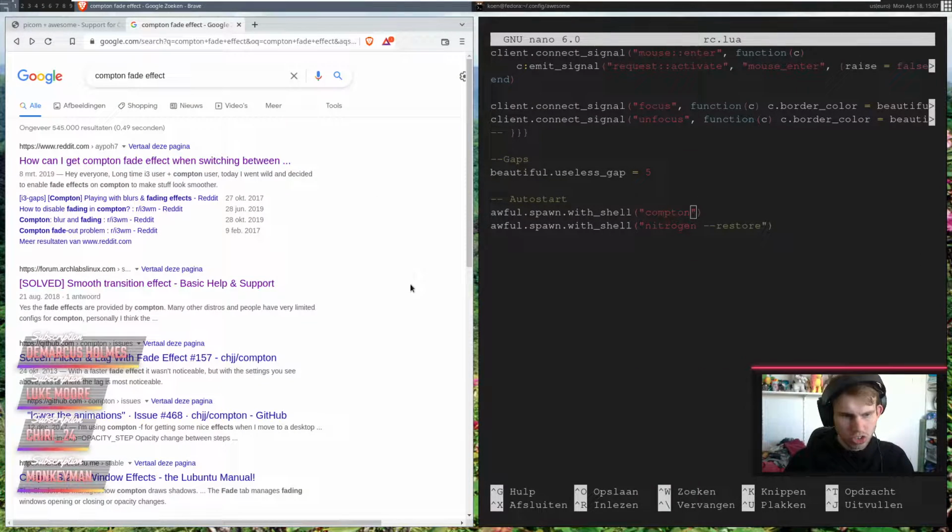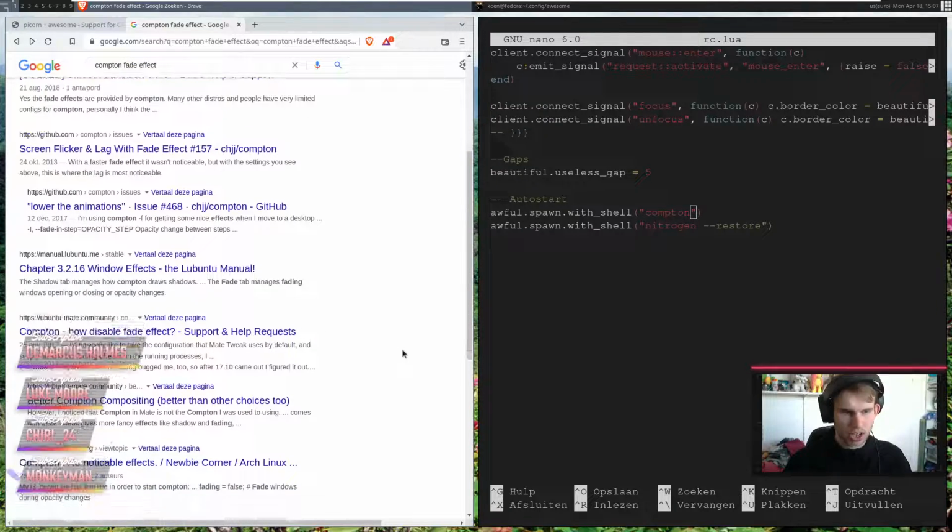Hang on. No, there's no Compton thing. Sudo nano Compton. No, there is no such thing as a Compton config file. So what do you mean there's a Compton thing?